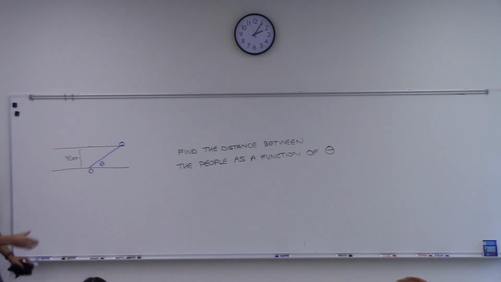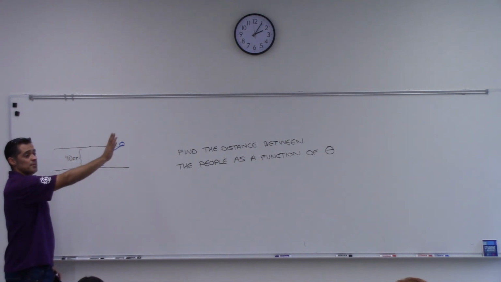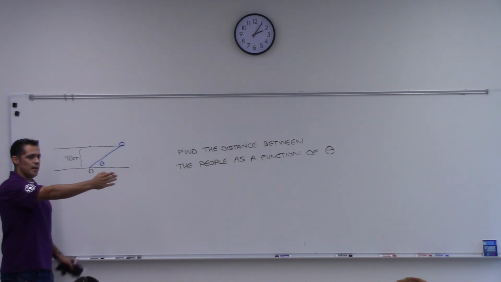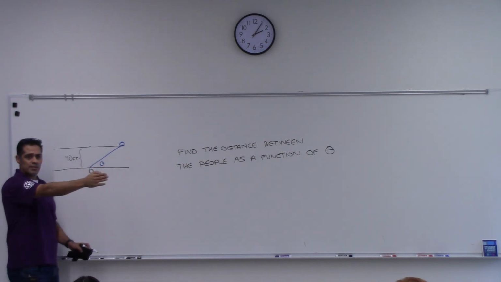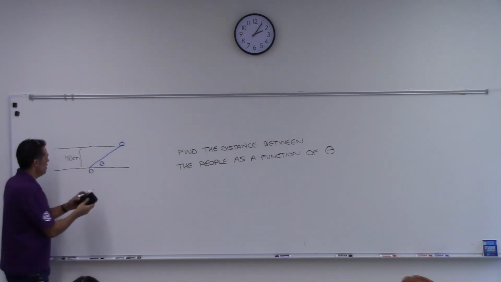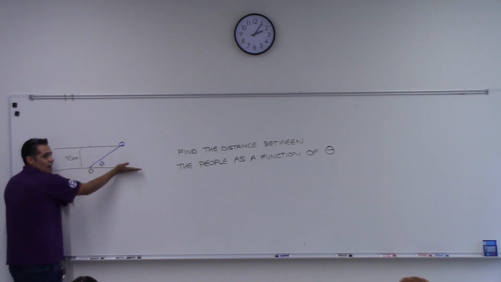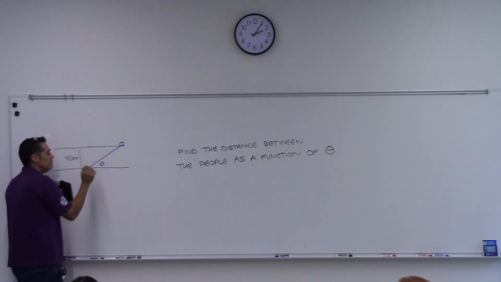All right? So I'm standing there. Initially, I'm looking across. There's my friend. And they start walking, right? And as they start walking, I can track them, like this. And I'm measuring the angle between my line of sight from me to them and this wall, or this imaginary line, okay? I want you to calculate the